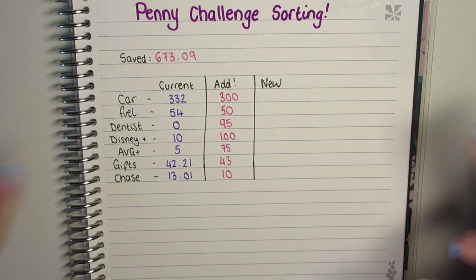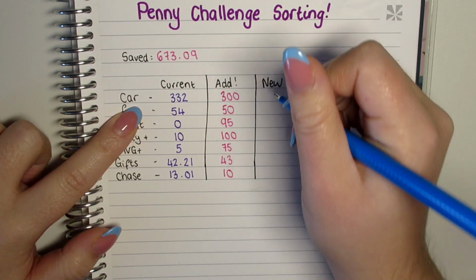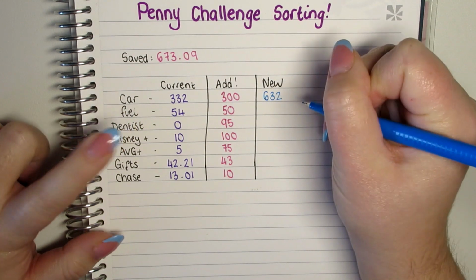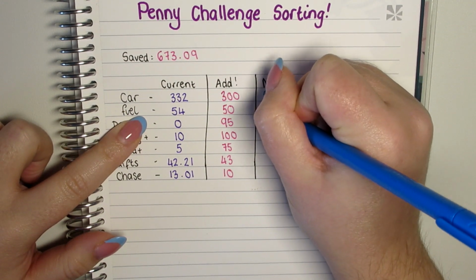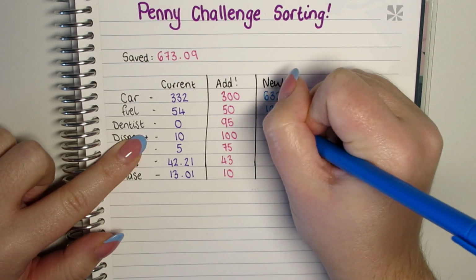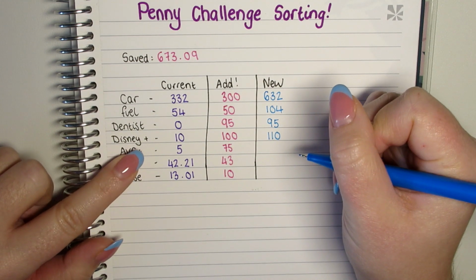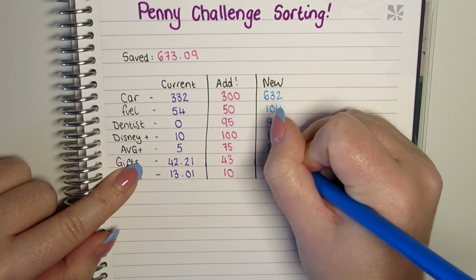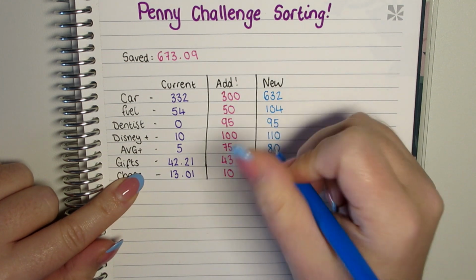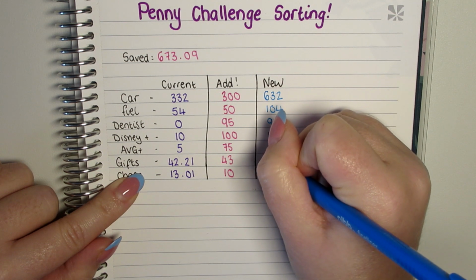But anyway, the new totals, I will be able to talk English in a minute, right? So that is £632 for my car, £104 for my fuel, which is good, £95 for the dentist, £110 for Disney, £80 for AVG, and I've got to do maths now, that's 83, yep, no, not 83, 85,